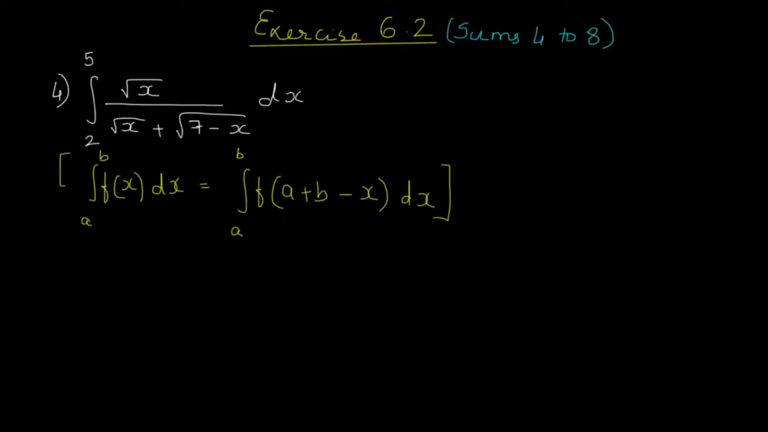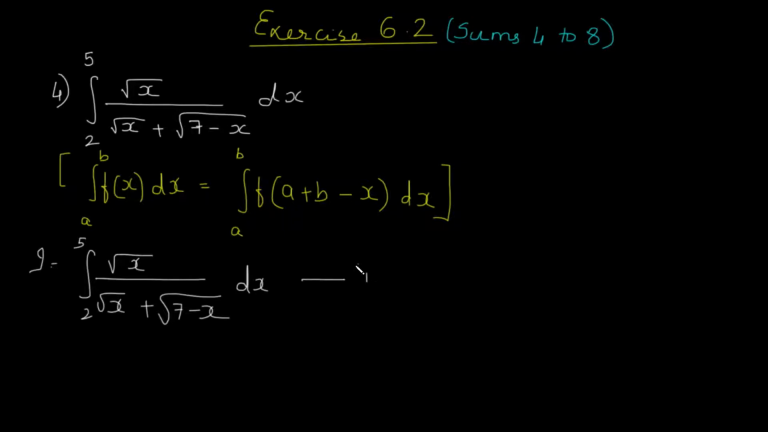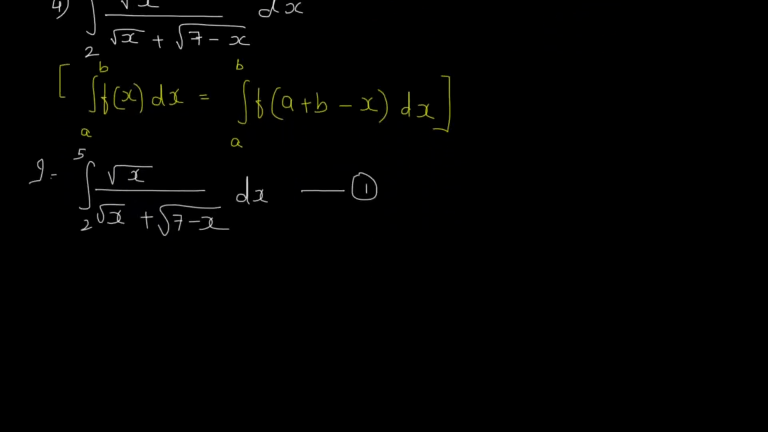So in our sum, we have I is equal to the integral from 2 to 5 of root x upon root x plus root of 7 minus x dx. Suppose this integral we number as 1. Then